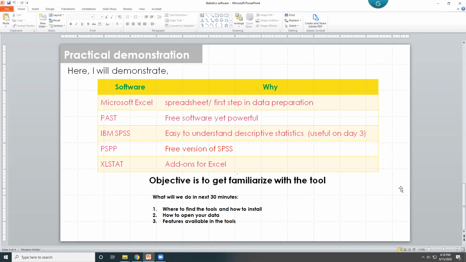So in the coming 3 days, it would be iteration, a futile effort, if I keep on showing you different significance tests or descriptive tests using Excel Stat and Excel. So what I will do in the next 3 days is definitely show you SPSS, because that helps you to grasp the thing in a very prominent way. But the significance tests we will mostly do with PAST and PSPP, so that it is available to everyone and everybody can conduct the